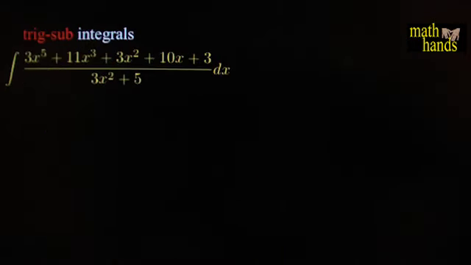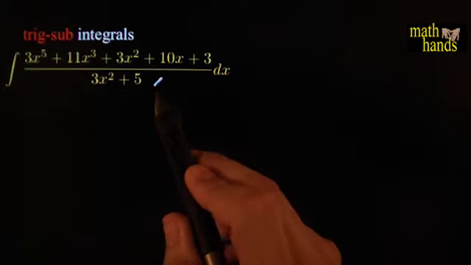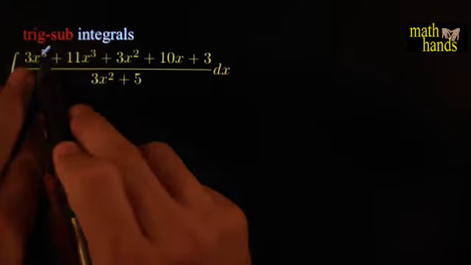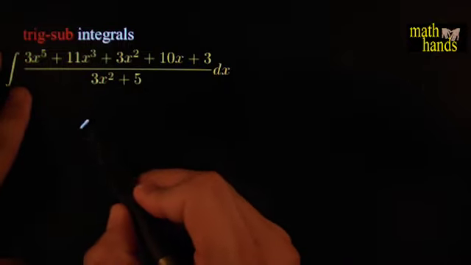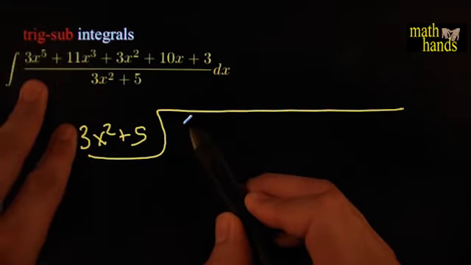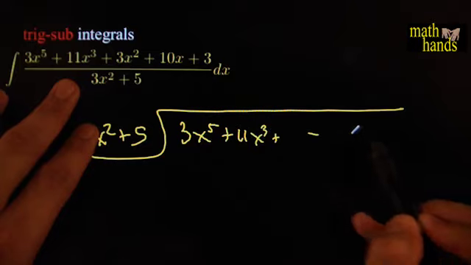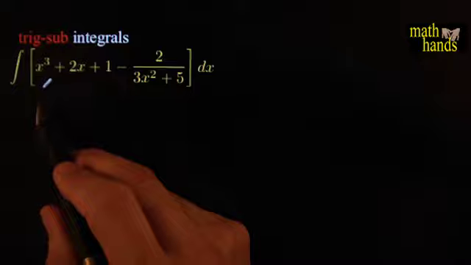All right, let me scare you guys for a little bit. What about this crazy thing right here? A huge polynomial over here, degree 2 on the bottom. This is a standard procedure here. Whenever you've got degree 5 on top and degree 2 on the bottom, what you want to do is long division. There might be other ways to do it, but this is really the best way to proceed, probably for our class. And that turns after you've